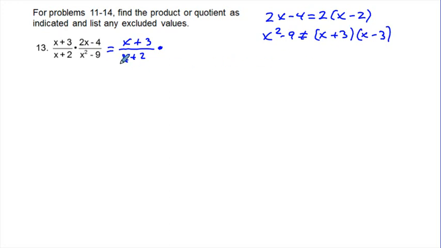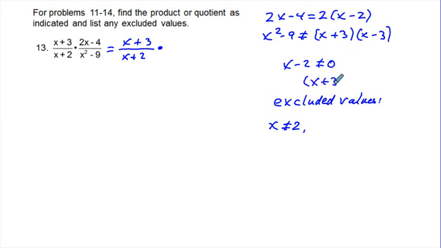So our excluded values are going to be found by looking at what we cannot divide by. We cannot divide by 0. So x minus 2 cannot equal 0. So for our excluded values, which I'm writing over here, we have x cannot equal 2. That's excluded. Okay, and then also we have quantity x plus 3 times quantity x minus 3